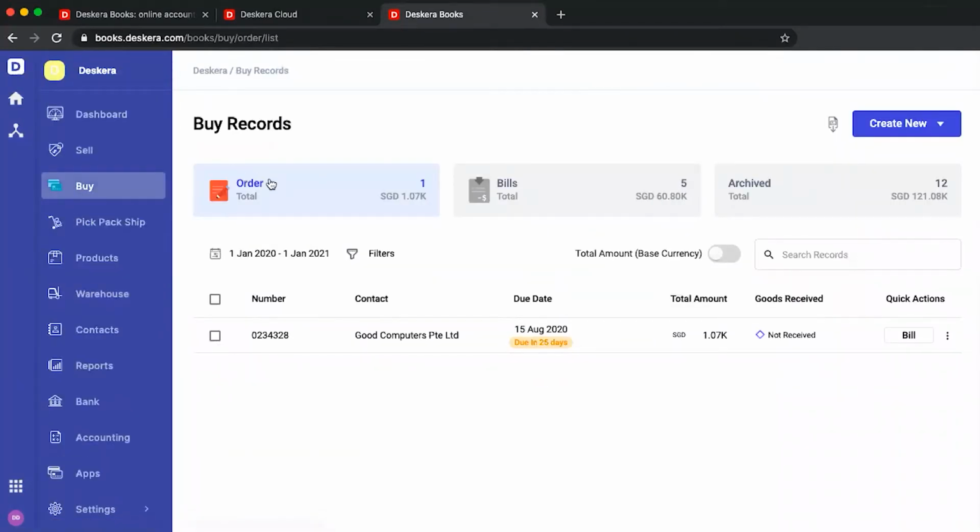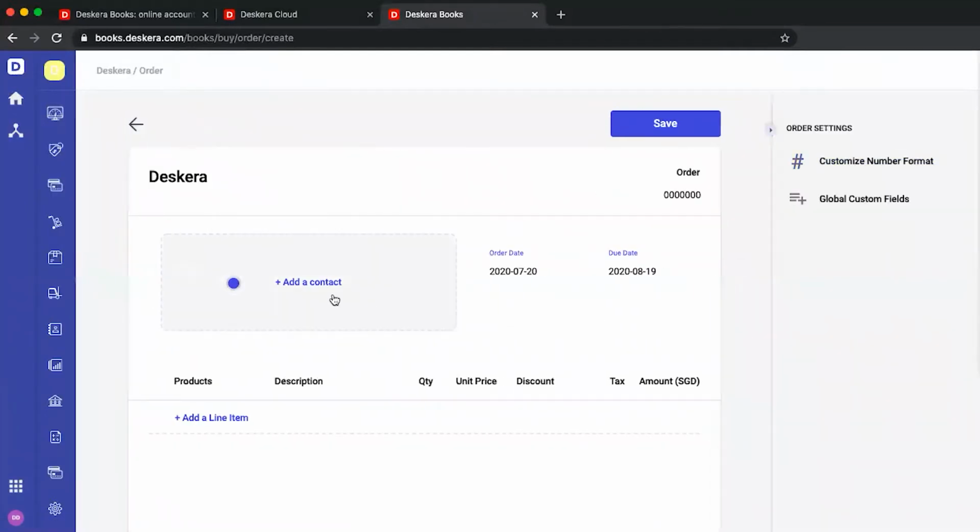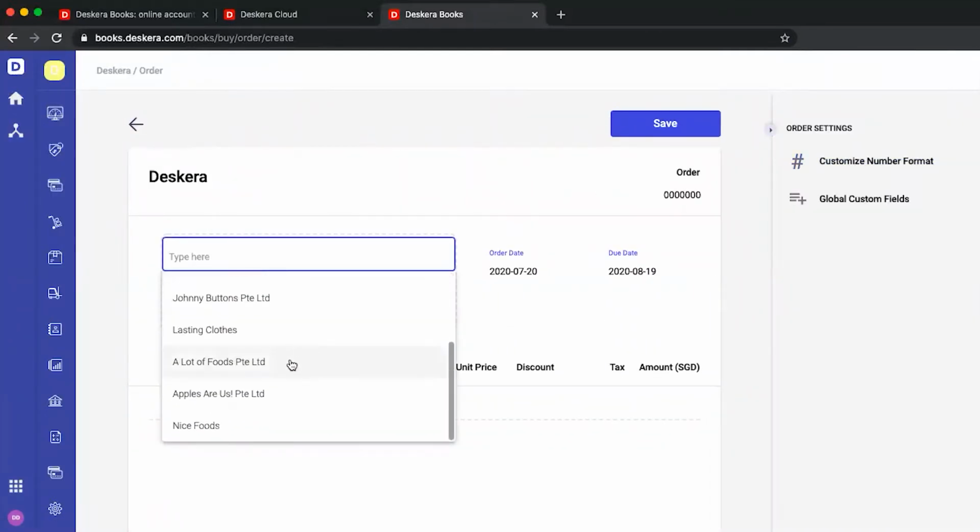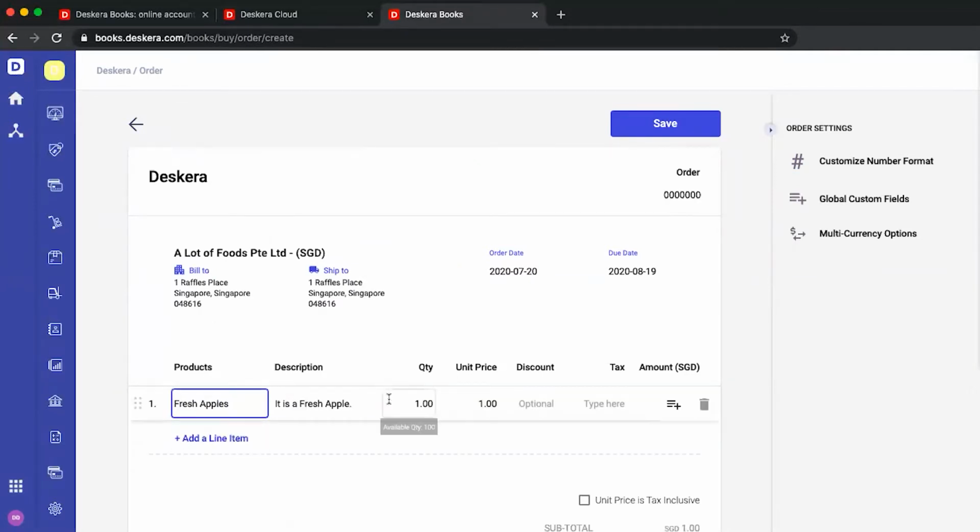Inside buy, we have our order, bills, and archived. We have our numbers, contacts, due date, total amount, goods received, and quick action. Under create new, we can create a new order, or we can go directly to new bills. Let's click new order. Inside here, I can add my contacts, add in a line item, input the quantity, change